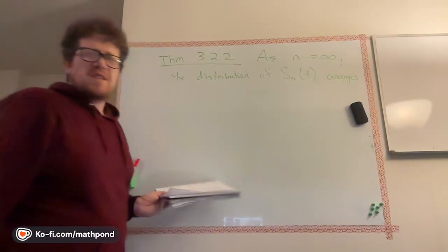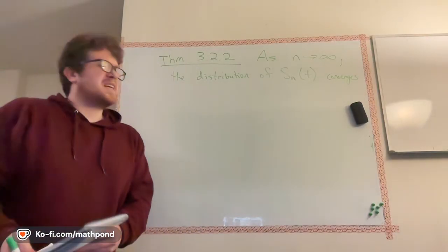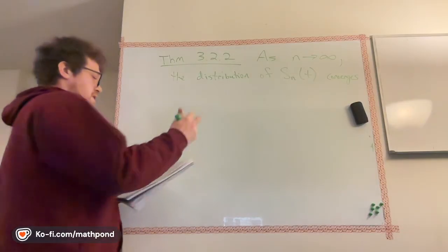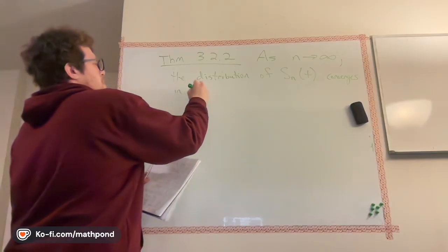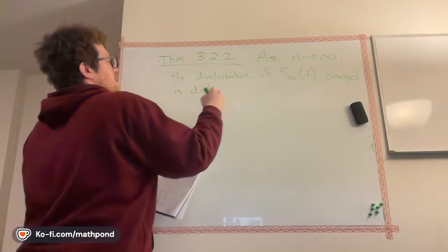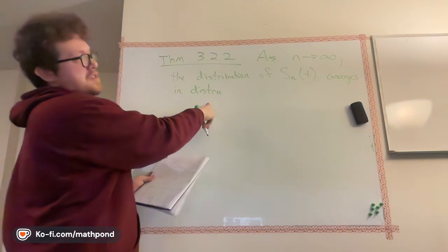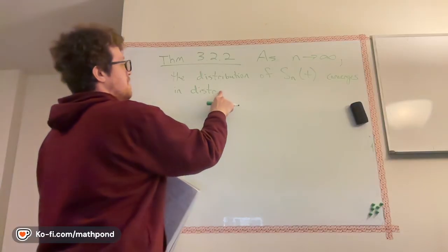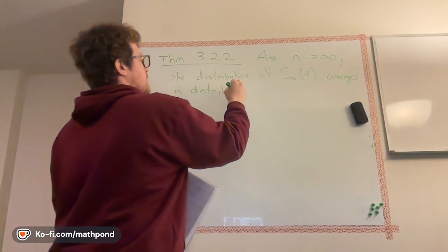So the book used a little bit different terminology, but I think it's more precise to say it converges in distribution, so I'm going to write it that way. Although maybe I'm wrong, but I think this is the right way to say it. This is the more common way I'm used to phrasing it. So converges in distribution, which basically just means that